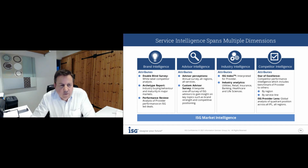We have what we call a double-blind survey that we do, which is essentially to see how well you as a provider are assessed compared to your peer group of other providers in your space. We do these fully blind, so the client doesn't know exactly which providers they're using, which providers we're asking about. We're truly trying to find some new information to help the service provider understand the brand,